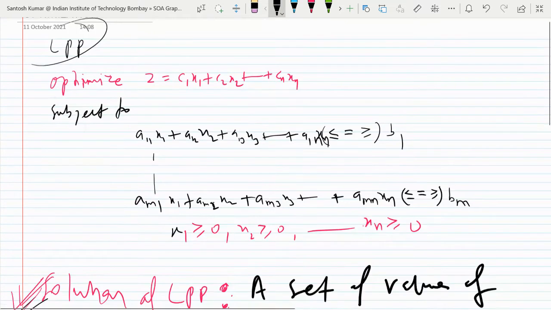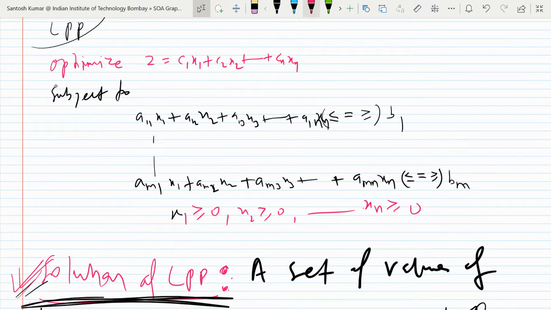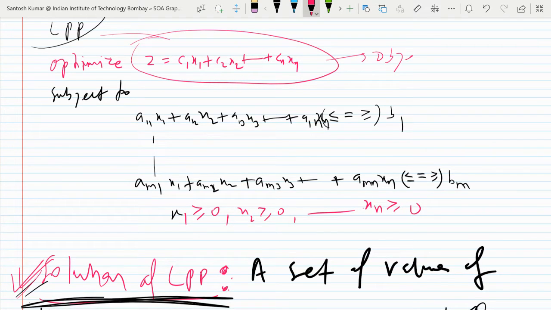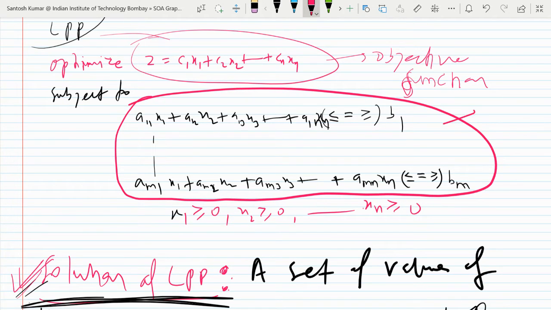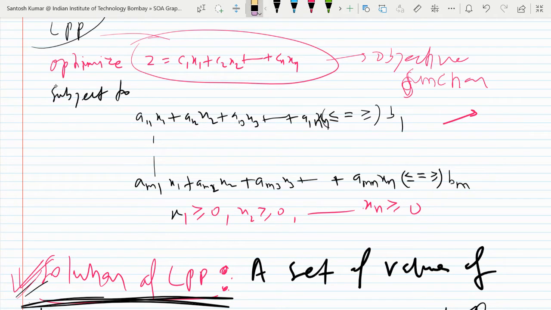Okay, so you know these things are called constraints. So you are already familiar with this. This is called the objective function. So I will use this word, so you should be familiar with it. What is the meaning of objective function? The value of z is the objective function, and these conditions are called constraints. Or in fact, all of these you can include.